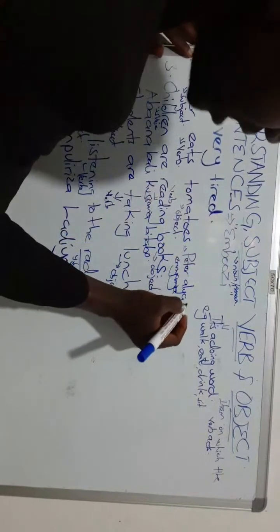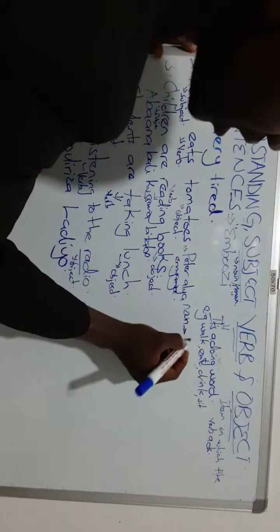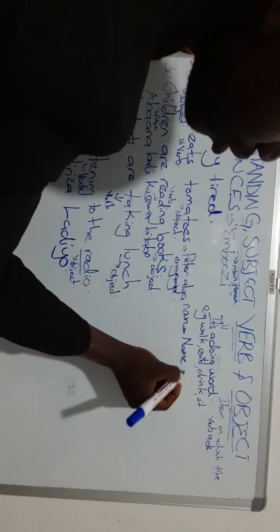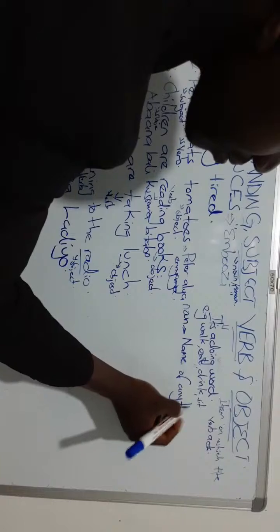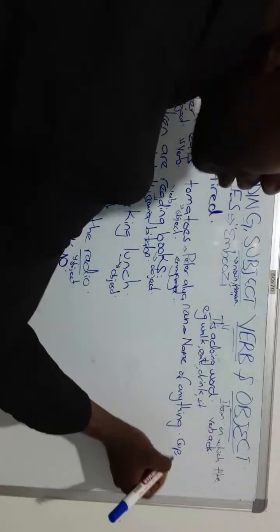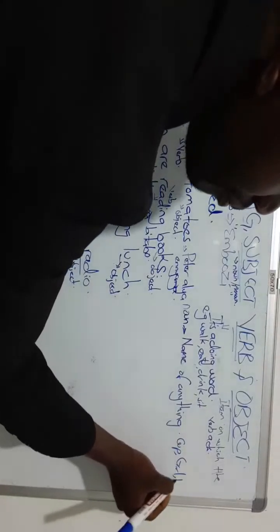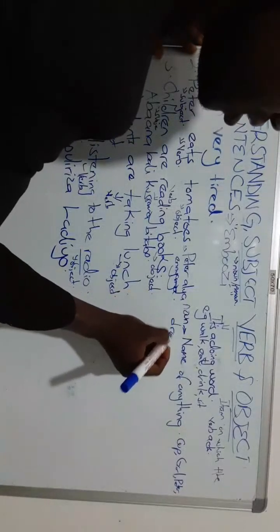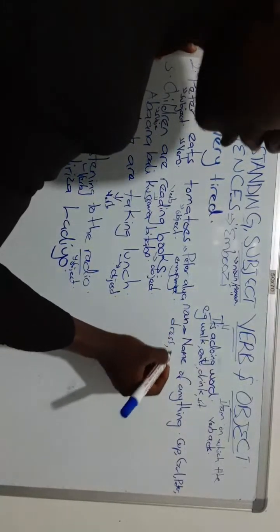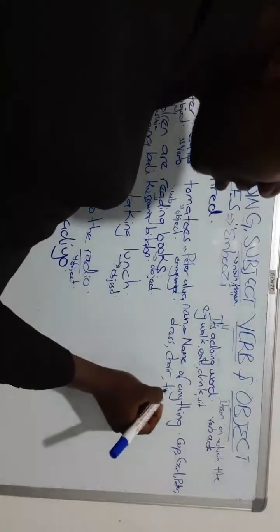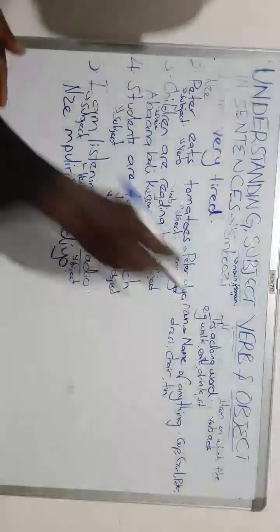A noun is a name of anything. That is what we call a noun. For example, a cup, girl, Peter, a dress, name it, a chair. We also have tin. Any name that is given to any item is what we call its noun. Oba erinnya ly'ekintu lye bayita noun yakyo.